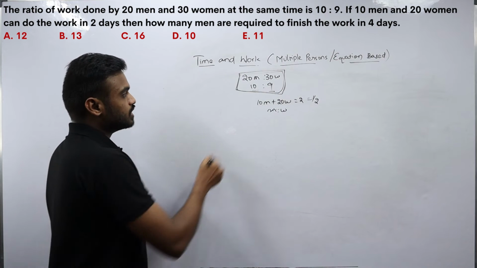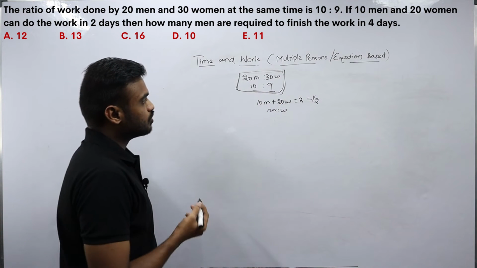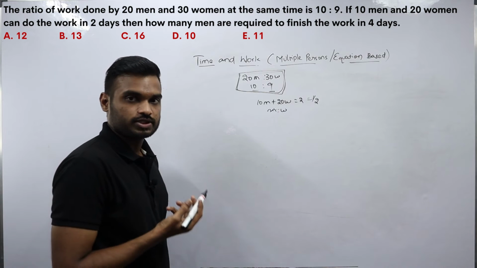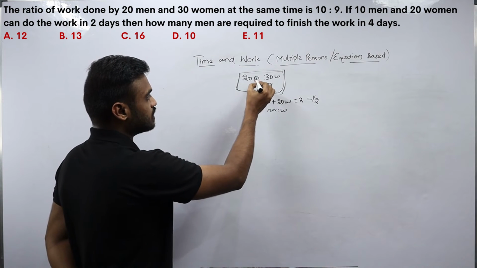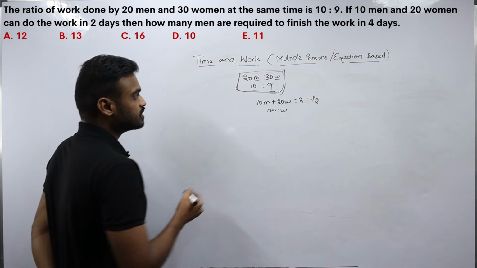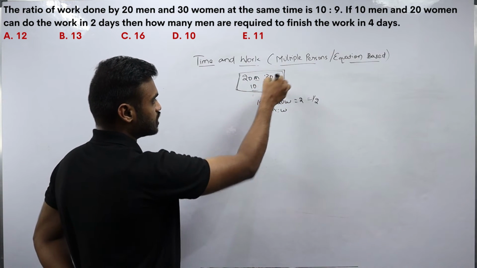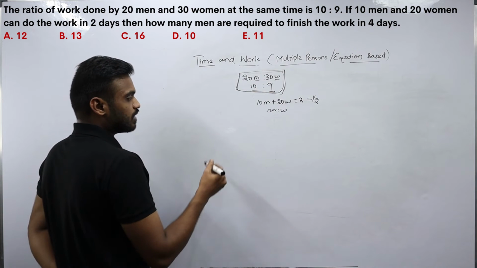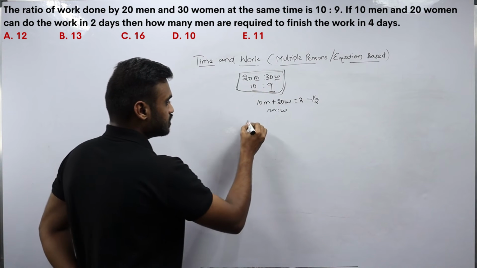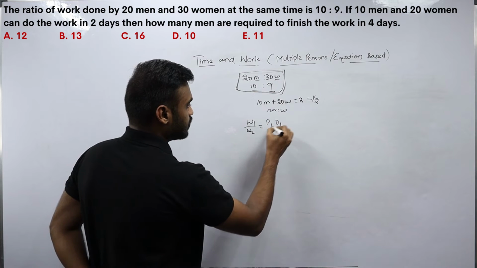So here the total amount of work done is different in both the scenarios. So you can use the second formula of chain rule so that we can come to know the relationship between men and women. I will solve this so that you can understand. Here the total amount of work done is different in both the scenarios, that is 20 men and 30 women. So we can use the second formula of chain rule, that is W1 by W2 equal to P1 D1 by